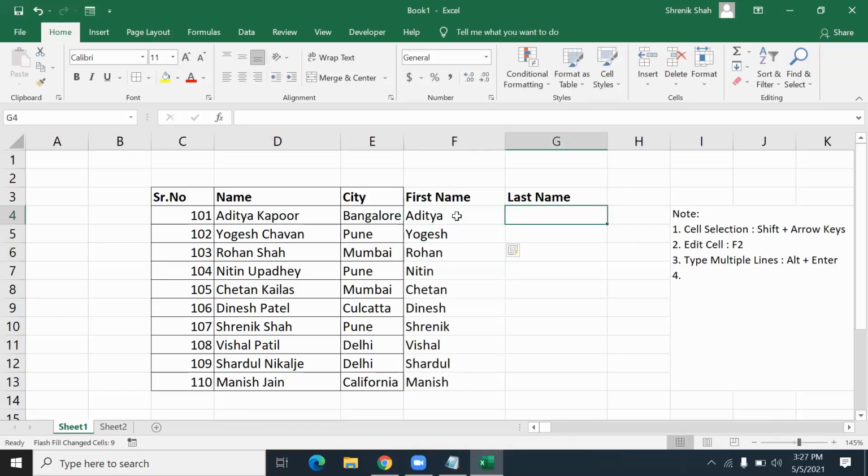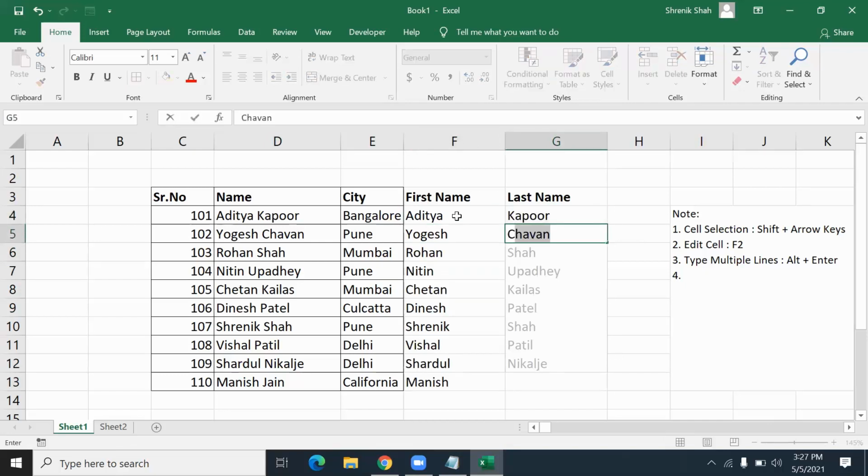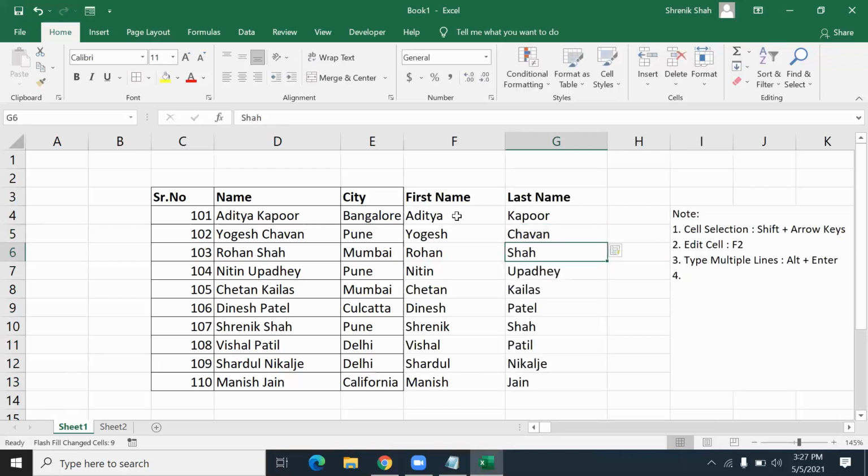I show you once again what I did. I type the last name now. Go ahead, type another last name. As you press the next character, Excel suggests this pattern and this feature is called the flash fill feature. So I just press enter and Excel completes the job.